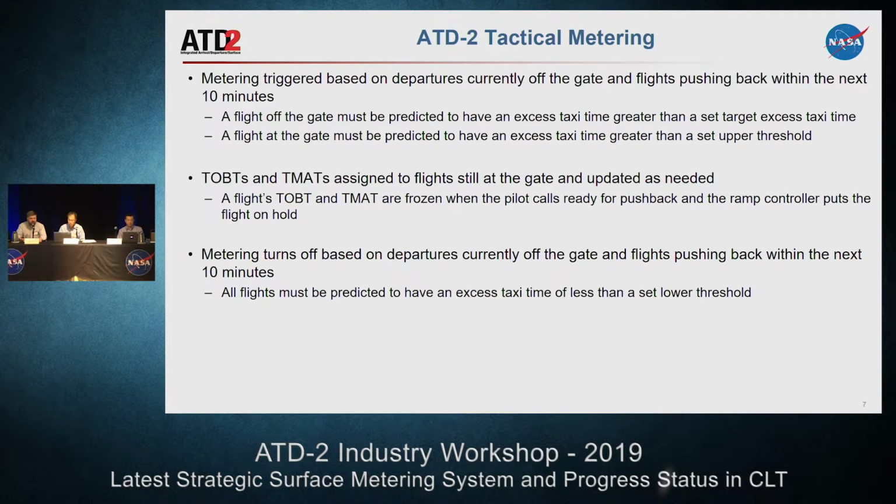So phase one, we started with tactical surface metering back in, as you mentioned, in December of 2017. November. Yeah, end of November, 2017. So the way we started with tactical metering at Charlotte was basically the scheduler that runs both the scheduling and the metering, the component of ATD-2, every 10